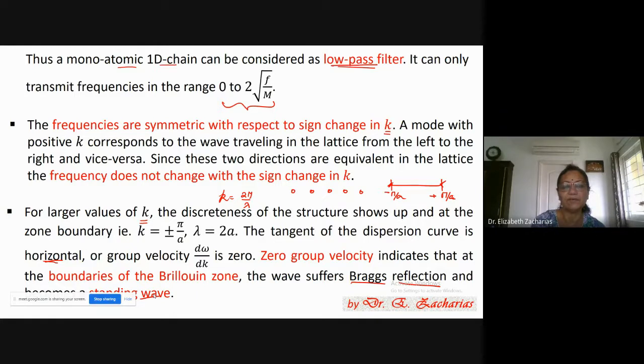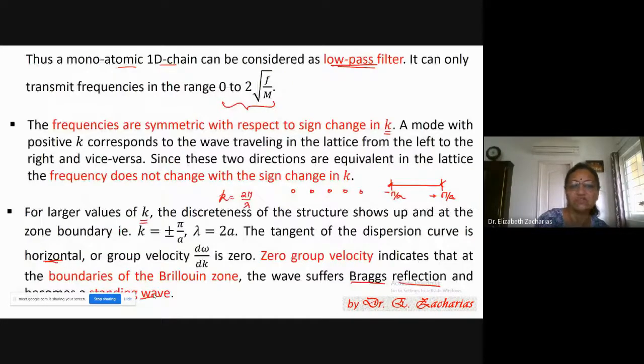And how do you know it is happening? It is happening because you look at the group velocity. That's where the dispersion curve becomes so important. At the borders, you are finding that it's horizontal. Omega versus k is horizontal, which means d omega by dk is 0, which means the group velocity is 0. And if it is 0, what does it mean? The wave goes there and then gets reflected. So from this end there is a reflection, from this end there is a reflection, so it forms a standing wave.